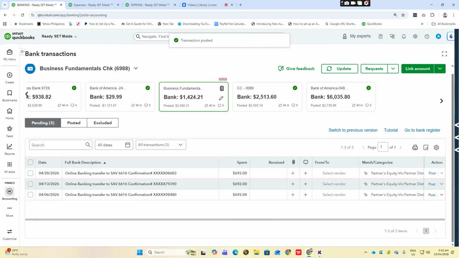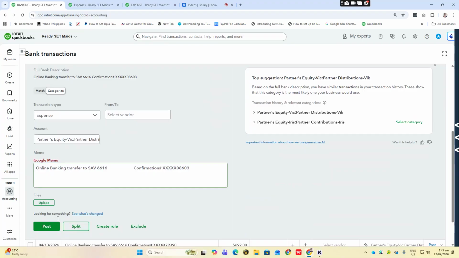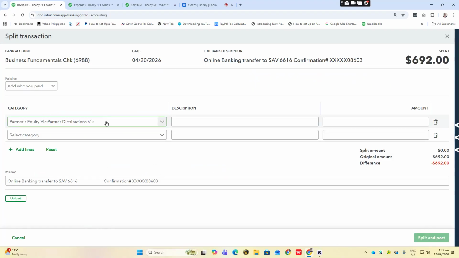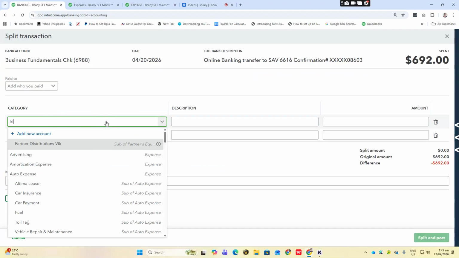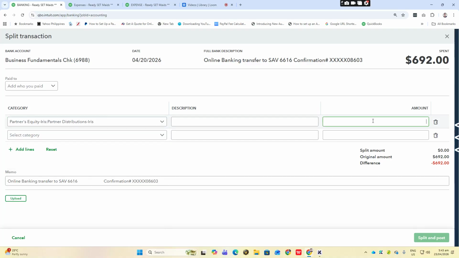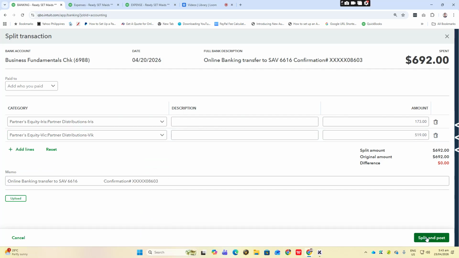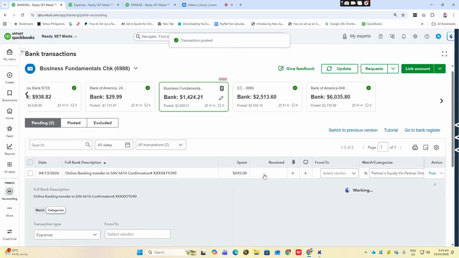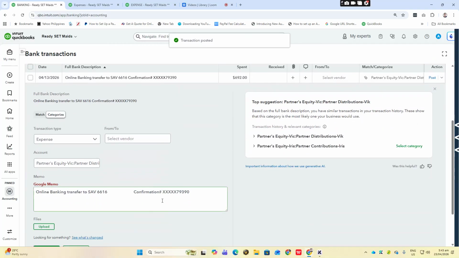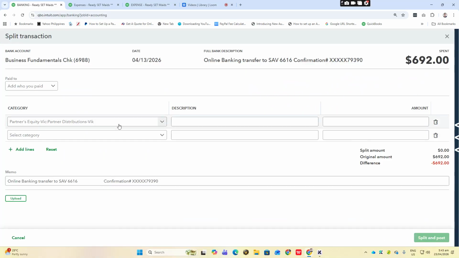Then how about for 6616? So they still use the same method. So split. So this is distribution for Iris. So 25%, 173. And then the rest is for Vic, 519. Okay, next is we have split.